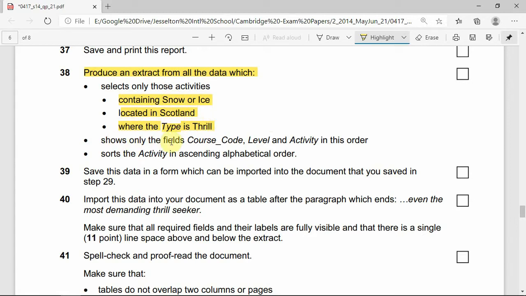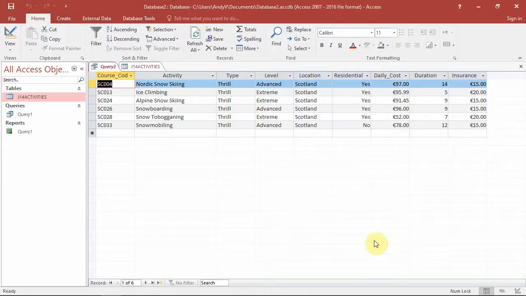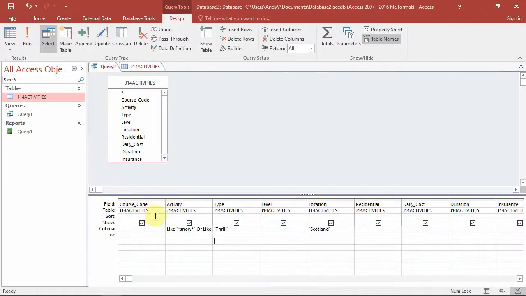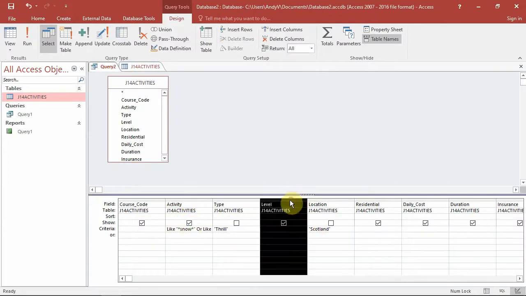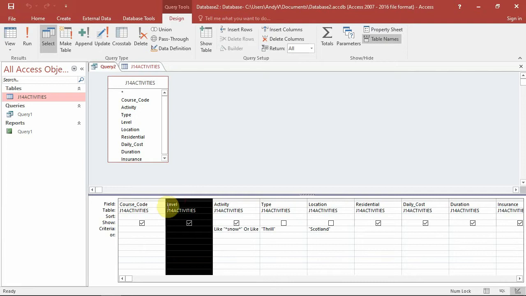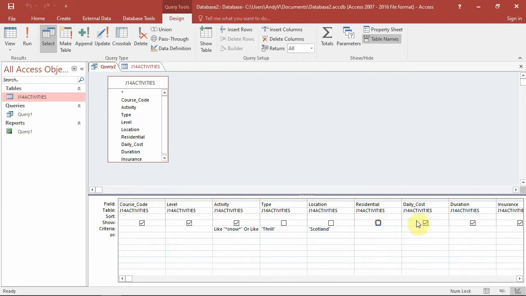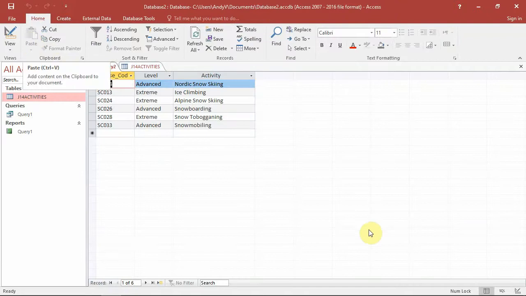Now we only want to show the fields course code, level, and activity in this order. So course code, level, and activity. So we only want to show the course code, activity, and level. So we're going to move our level here. Course code, level, activity. To move it, you just click and drag, and we take the display tick boxes out. And now when we run this report, we can see we have